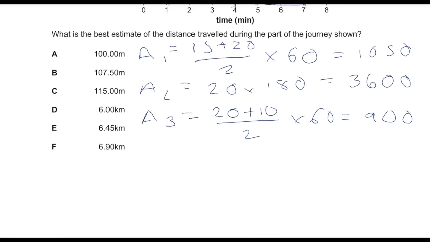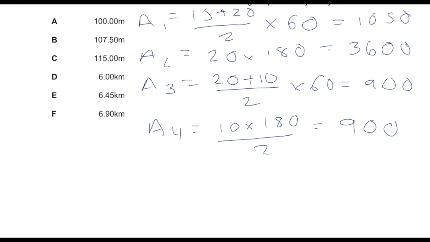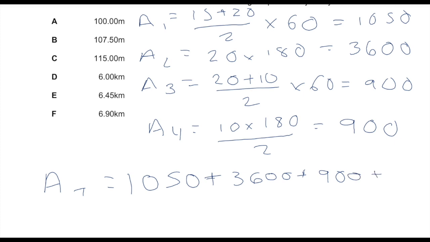And area 4 is equal to 10 times 180 over 2, which is equal to 900. Now I want to have the sum of all of these areas to get the total area. So A total is equal to 1050 plus 3600 plus 900 plus 900, which is equal to